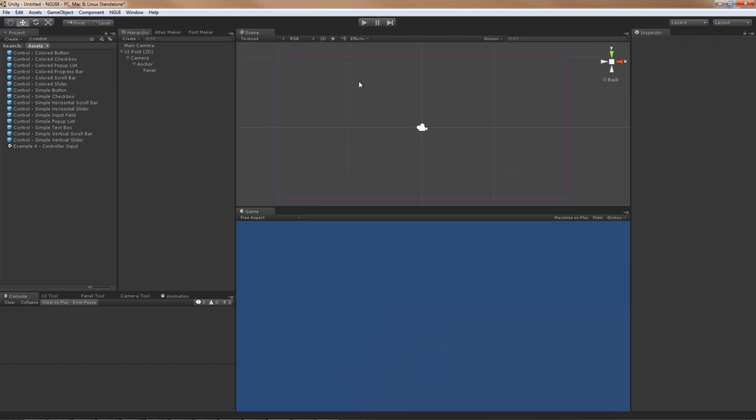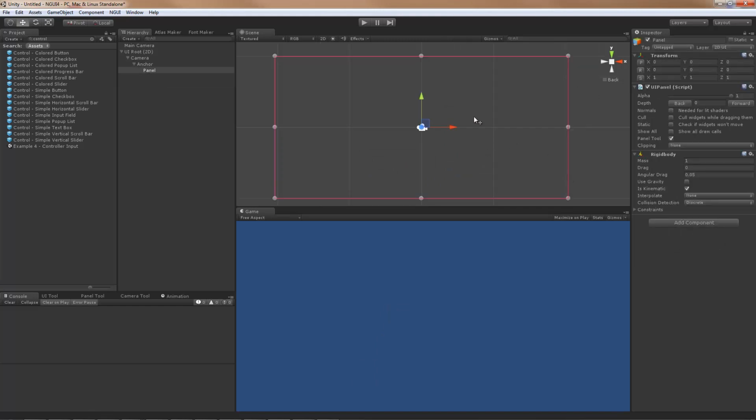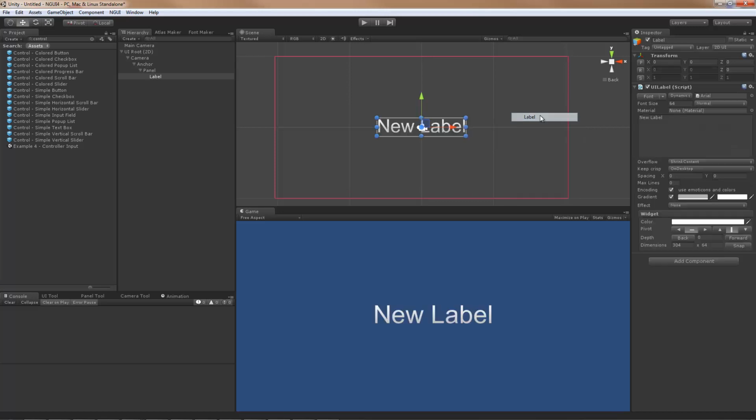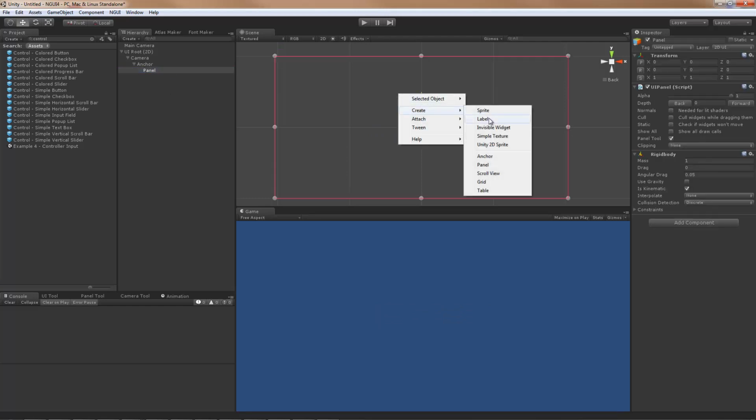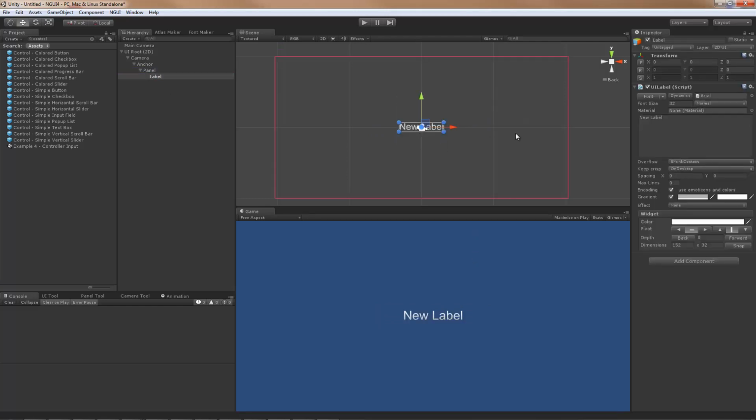Another handy minor feature is NGUI will actually remember the values that you've used last time. So here, if I was to create a new label, you'll notice that it's using the font I was just using. If I was to change the font size to say 32, for example, delete the label, and with the panel selected, create a label again, you'll notice that it will keep its size. Same goes for actual